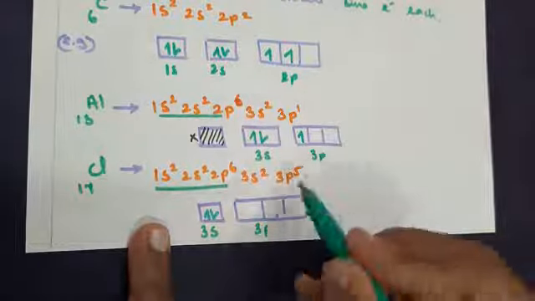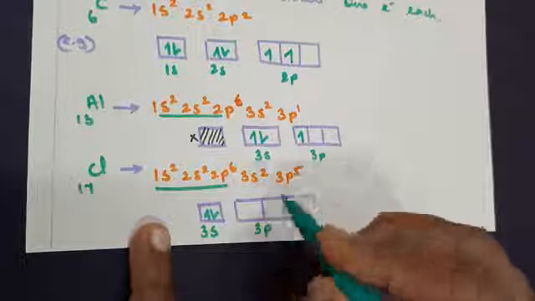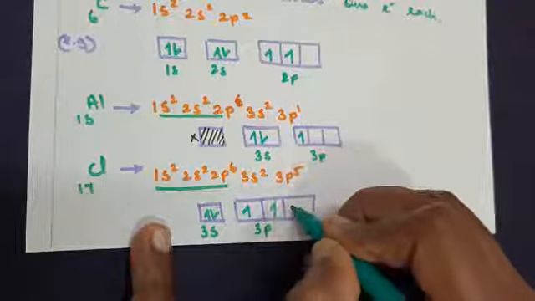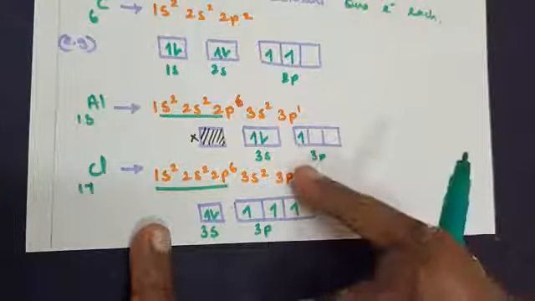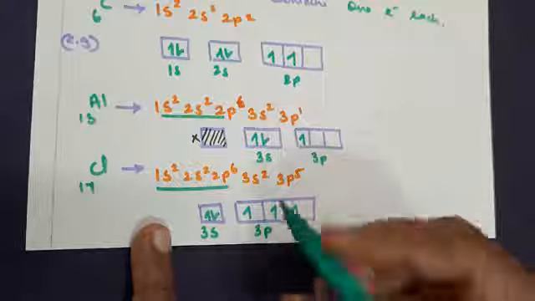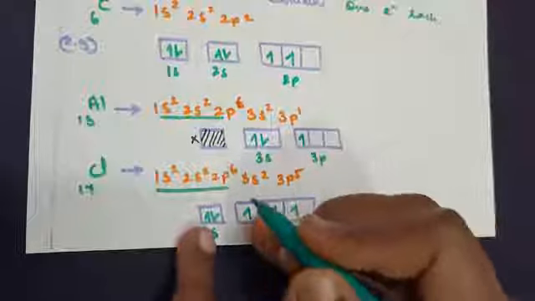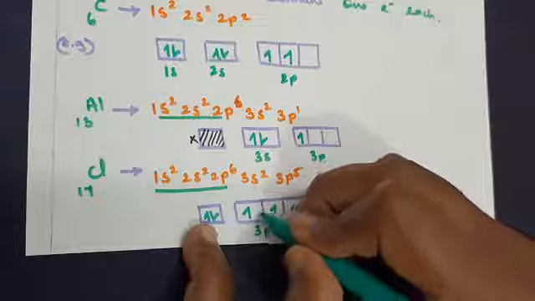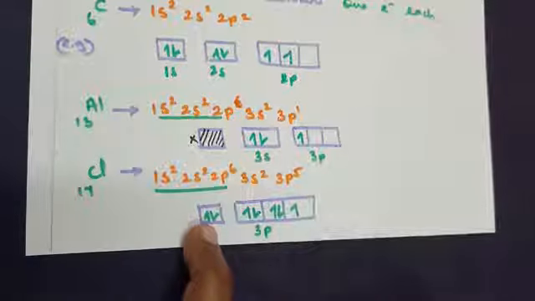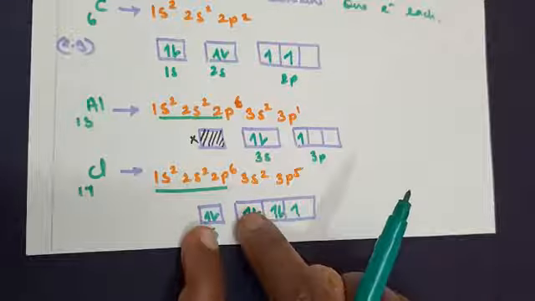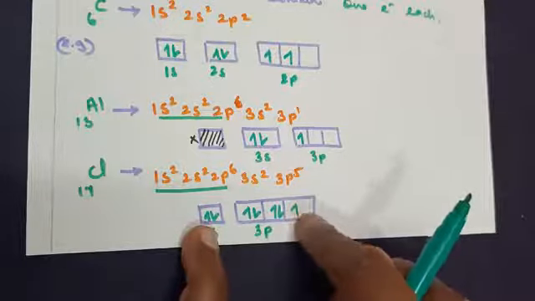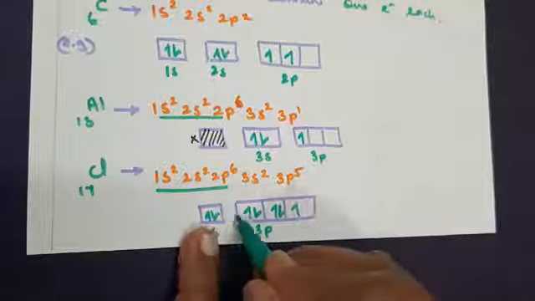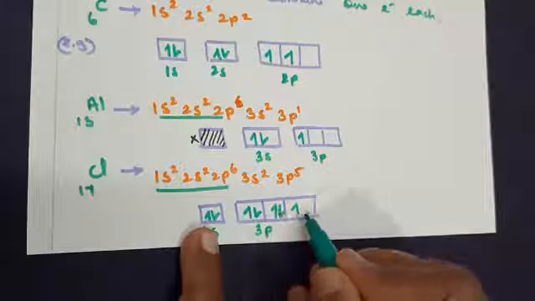3s2 is completely filled: 1 spin up, 1 spin down, over. For 3p5, when I say 5 electrons are there, first distribute the electrons to all the 3 boxes, over. Now how many more are we left with? Out of the 5, 3 are over, so 2 more are left. After distributing them equally to all the orbitals, come back and pair them up. So of the 5 electrons, first you filled in the 3, then you came with the 4th and 5th one. This orbital is left unpaired here. So these 2 orbitals are paired and this orbital is unpaired.